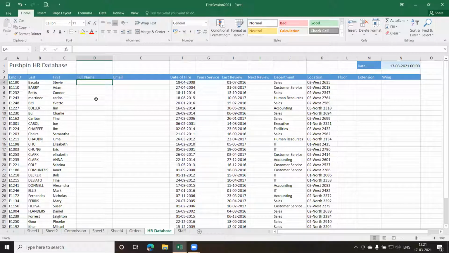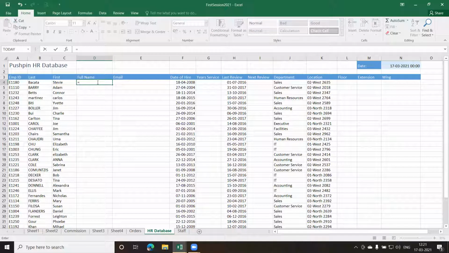Okay. So what I'm going to do is put the last name first, and then add the first name and get the full name. Now to do that, I can make use of either a function, or I can just give an equal to sign here. Remember, whenever you want to give a function or any formula, you have to make use of the equal to sign.